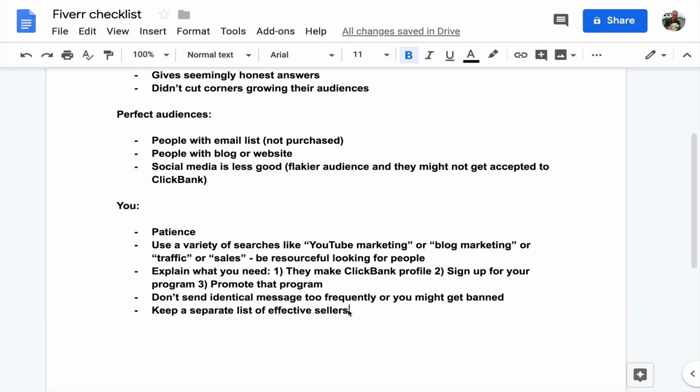And when you find sellers who are effective, then you keep a separate list of effective sellers, and that's like a well. You're going to be able to go back to that well for your affiliate sales, for anything else you promote in the future. Those guys can get hired and they can get you sales. So you keep a very separate list of amazing sellers who can help you promote, and anything you promote from now on, you'll be able to go back to them. So that's a little checklist for you, just to make sure that you're organized when you are pitching and recruiting